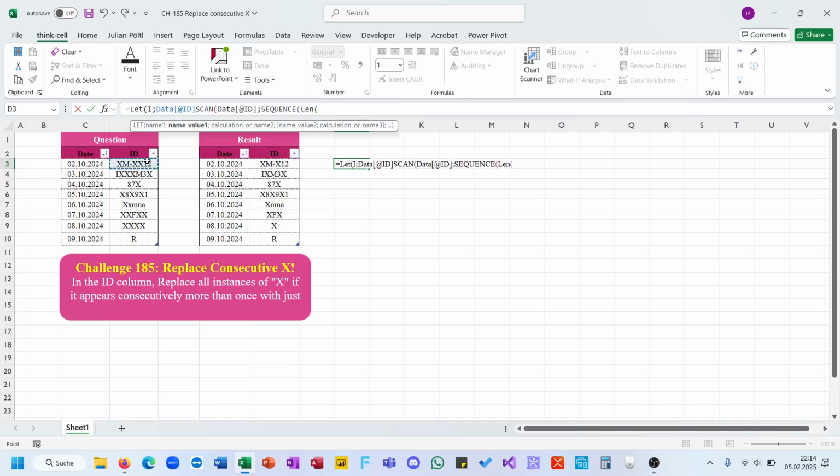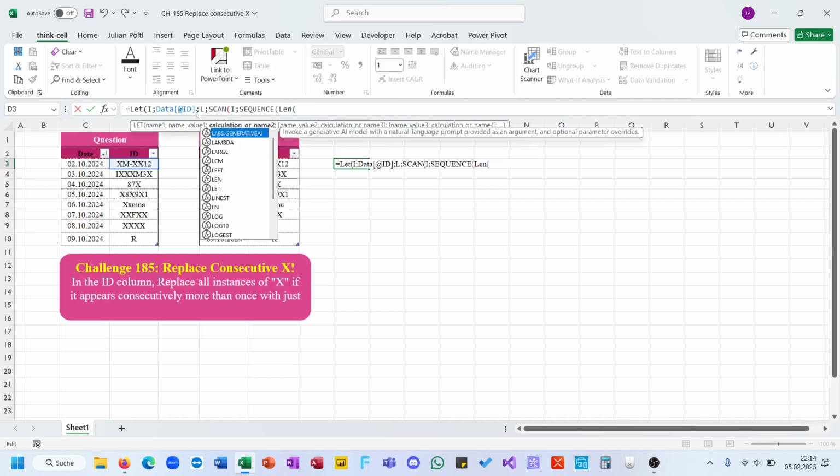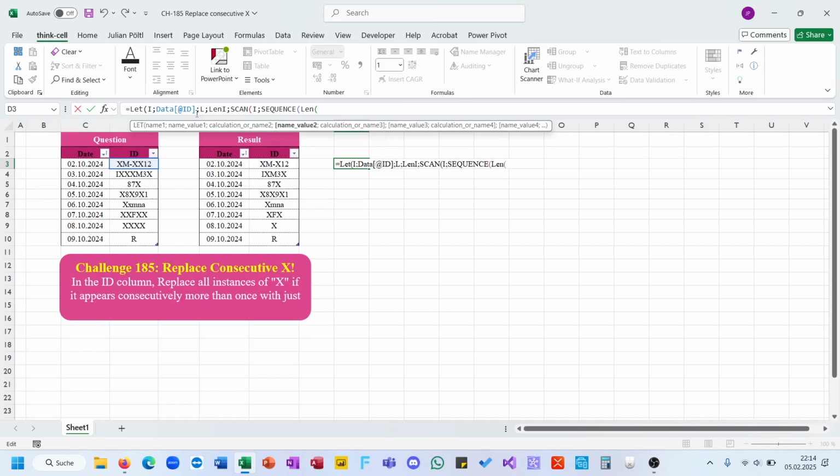Then this I will later get rid of. Then L is len of I, and then scan I sequence L starting from L minus 1 lambda a b, and